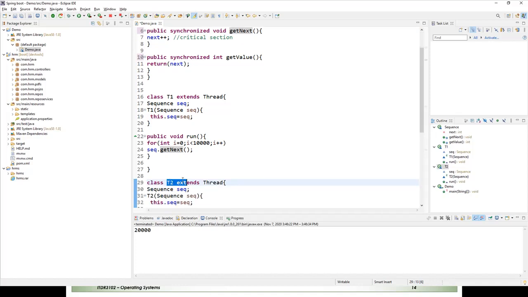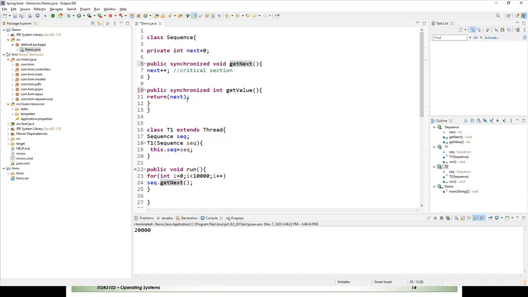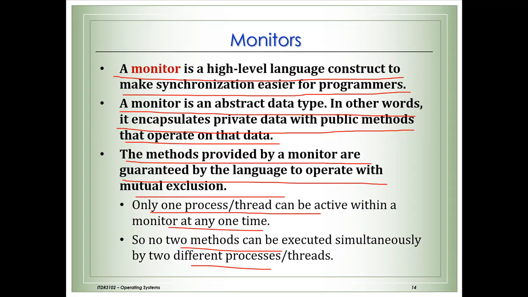It will not be allowed to enter the critical section. Why? Because this sequence object is a monitor. Variables are private, methods are public and synchronized.